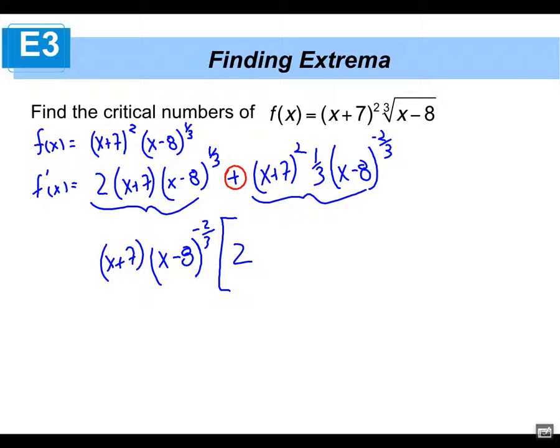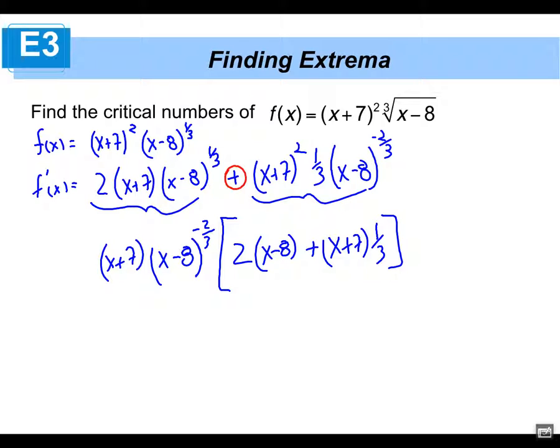So if I pull an x plus 7 out of the first term, I'm left with a 2. If I pull an x minus 8 to the negative 2/3 out, when you factor out, you subtract the exponents. 1/3 minus negative 2/3 is just going to be x minus 8. Okay, so that's what's left from the first term. Plus, I took one of the x plus 7s out of there, and then I got a 1/3,